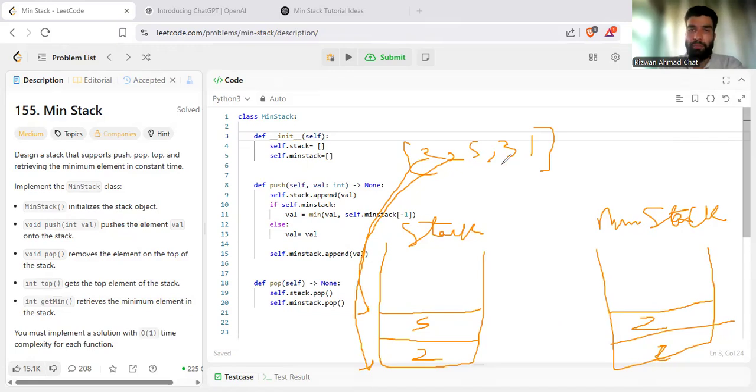And then 3 comes next. Between 3 and 2 it will be 2, and then 1 comes, and between 1 and 2 it will be 1. All right, so even after we pop, by pop I mean removing the last element, for example if we pop this 1 here,